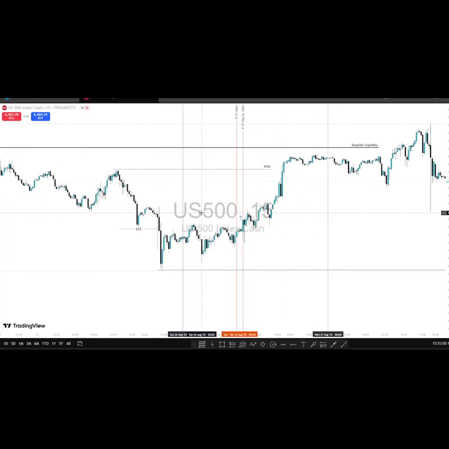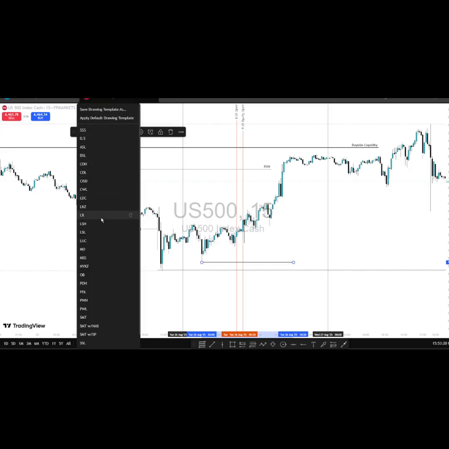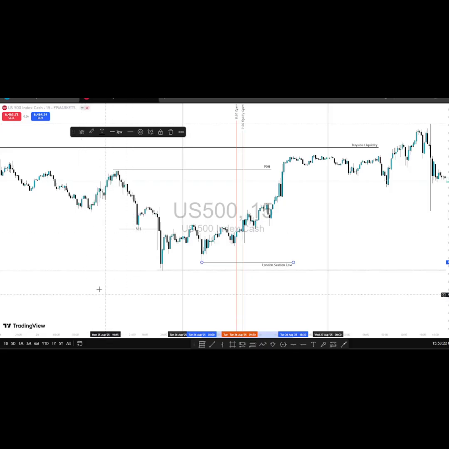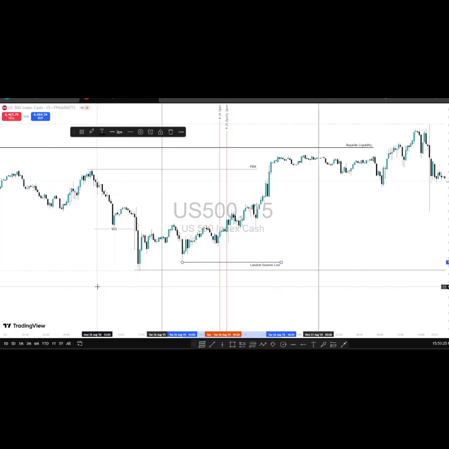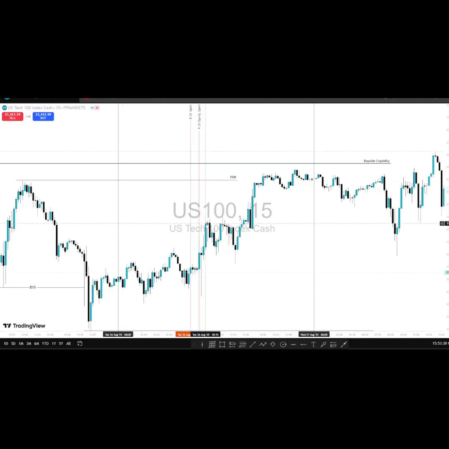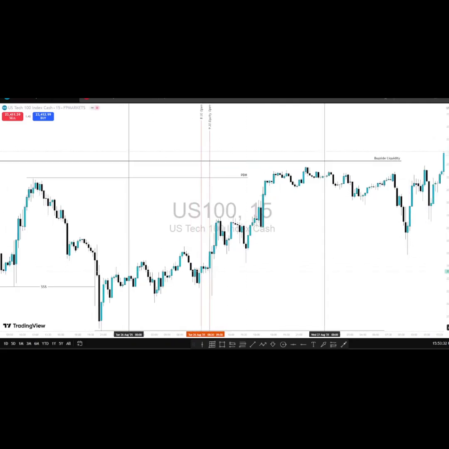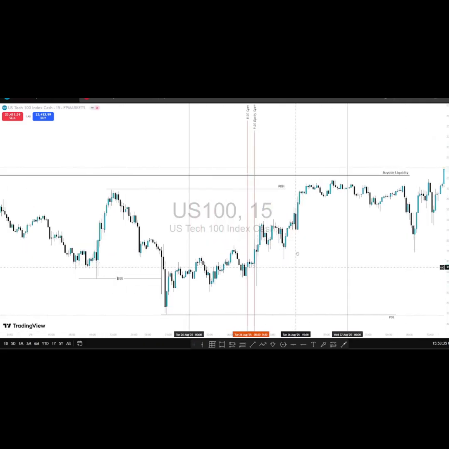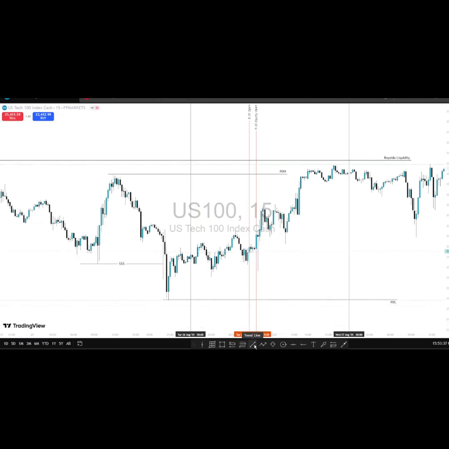Okay, so right here at 3 a.m. we can see that we had a current daily low. This is what I normally label as my current daily low or my London session low. Okay, so on a bullish day, what do you want to see? We want to see the low of the day form London session low. On a typical bullish day, we want to see the low of the day form at the times between 2 a.m. to 5 a.m.